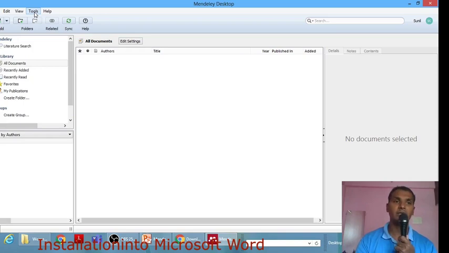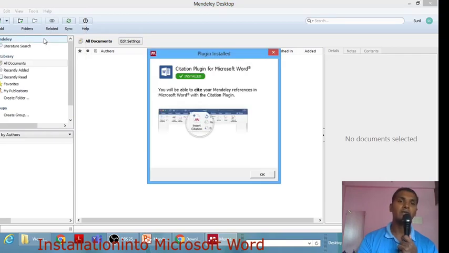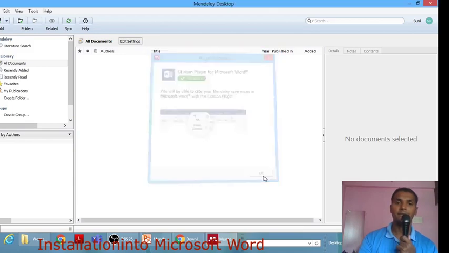For that you have to click on the Tools button, and after that click on Install MS Word Plugin. I click on that, and it tells me the citation plugin for Microsoft Word is installed. Now I'm going to click on OK.